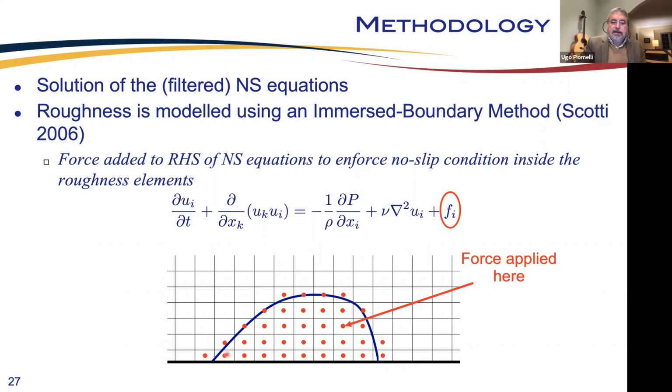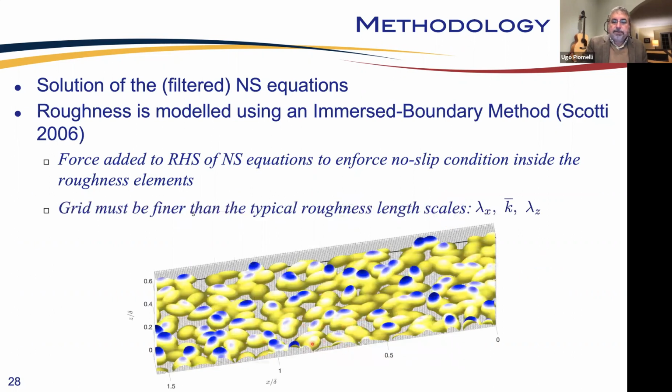obstacle. And so we apply the force at all the points inside a roughness element, and also we scale it down, but also apply it at the grid points in which the grid volume is at least partly occupied by the roughness element, and the scaling is done using the volume of fluid. This is what a typical sand grain-like surface looks like.